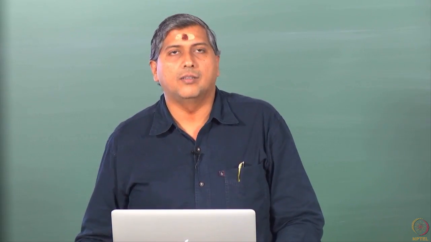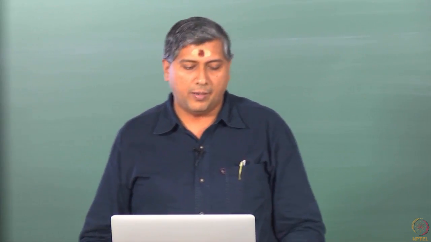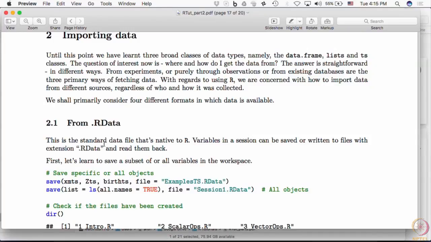The final thing that we wanted to show in this tutorial is how to import data from other sources. Of course, we are not going to look at all these sources, but we are looking at 4 different and popular sources. One is the R data file itself, that is a file name with an extension .rdata. Typically, this is a file that is created by the user or by R, for example, when you are quitting a session. R saves essentially this data in a binary format, and all such files have this extension .rdata.